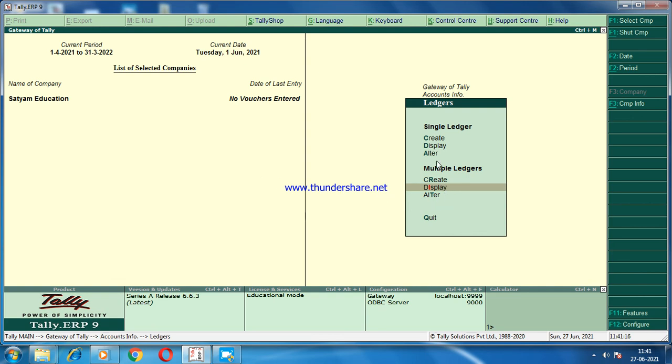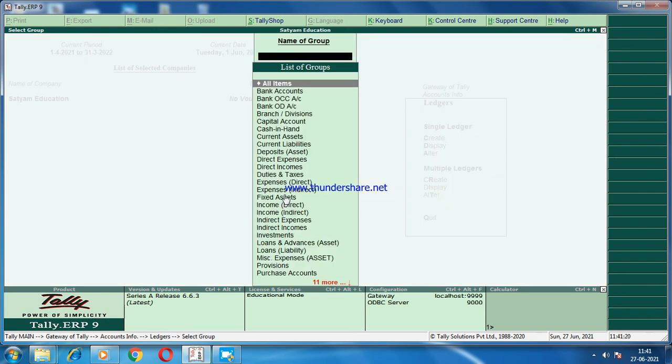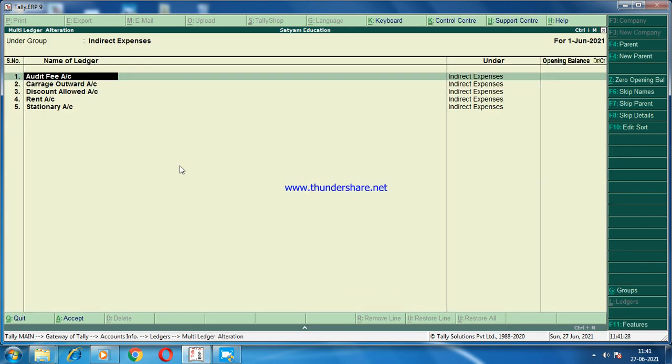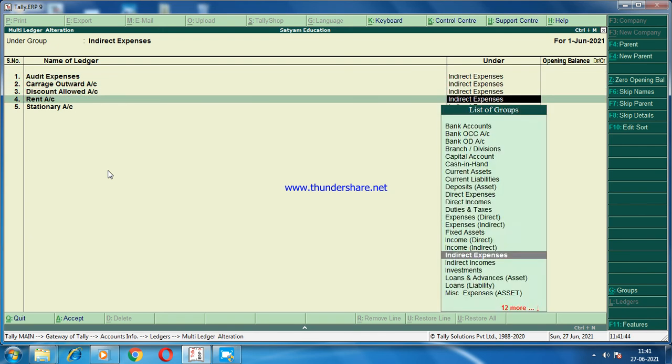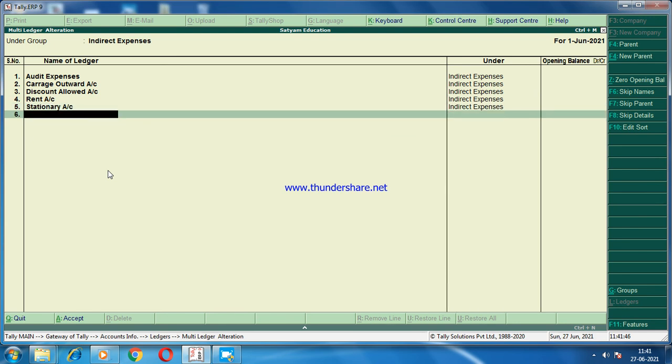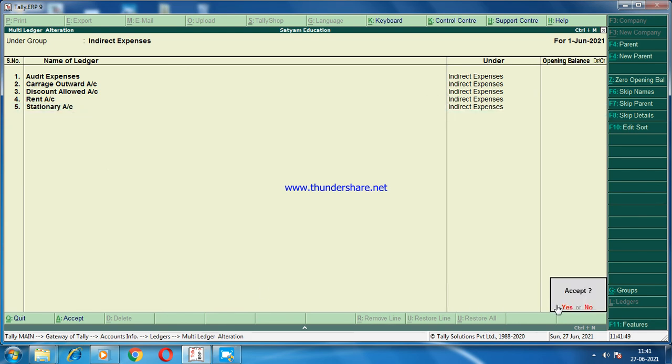Then now, how to delete the ledgers? Here alter is also available. If you would like to do the alteration, the same process. Select alter in the list of groups, select the name of the ledger group, then here you have to do the changes. Here, instead of edit P you may change it to edit expenses, that is available for you to make changes. Edit expenses, available to change. Accept, yes.